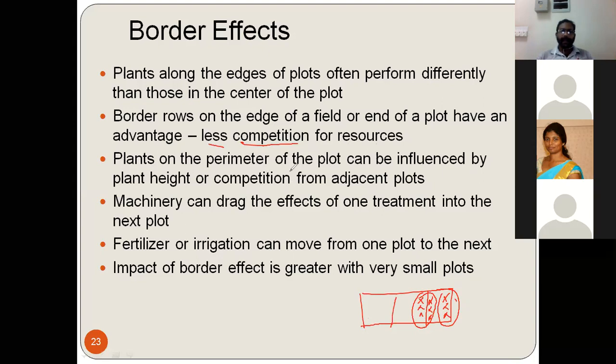Plants on the perimeter, closer to the boundary of the plot, can be influenced by plant height or competition from adjacent plots. It could be a circular plot or a square plot. Machinery can drag the effects of one treatment into the next plot. Fertilizer or irrigation can move from one plot to the other. This is what I said. The impact of the border effects is greater with very small plots. If it is a big plot, the impact is